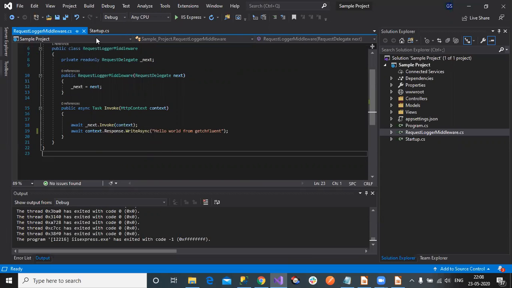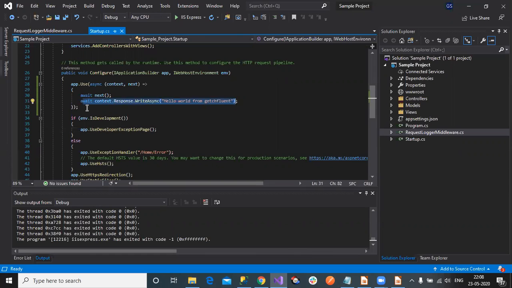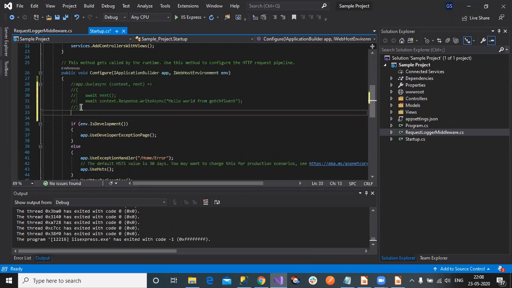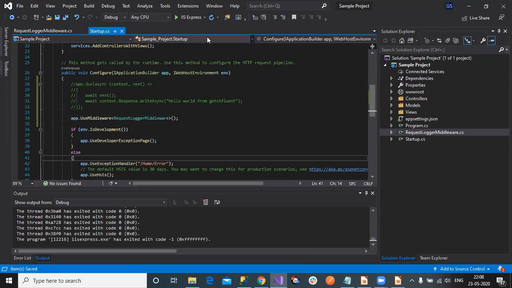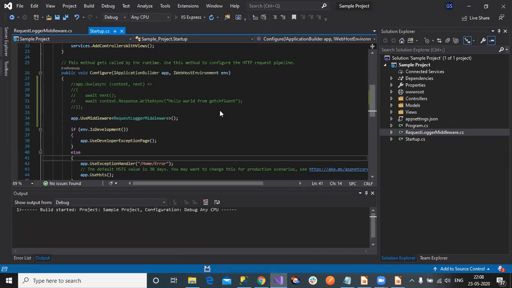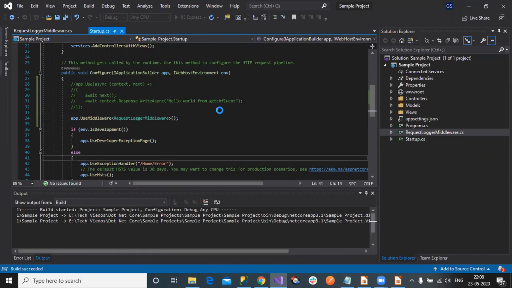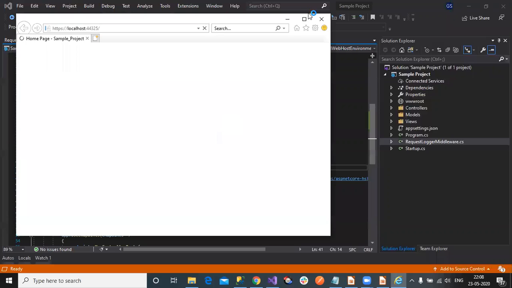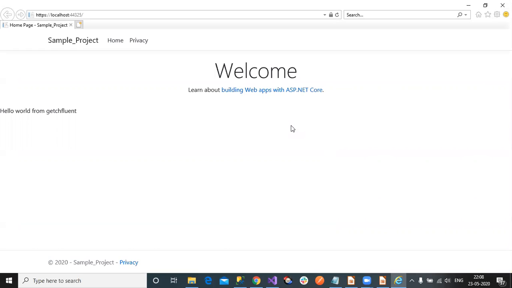So let's call it from our Startup Configure method. Let's comment out this and call our middleware and see the output. Look, we are getting the same output by adding middleware in the class.